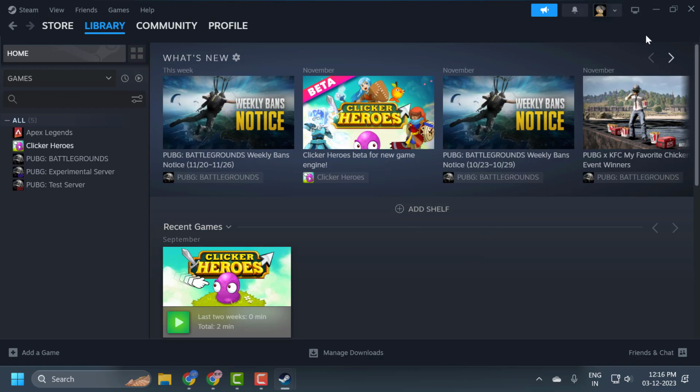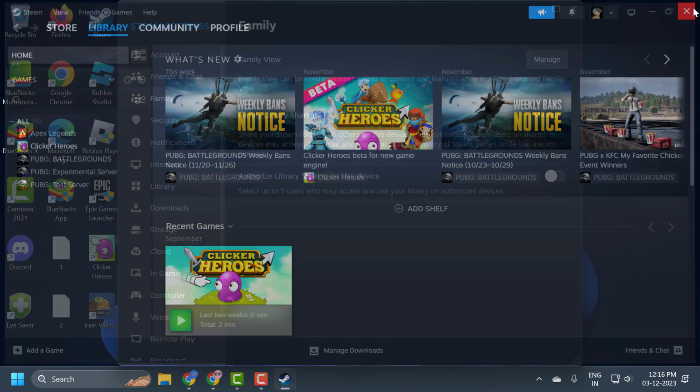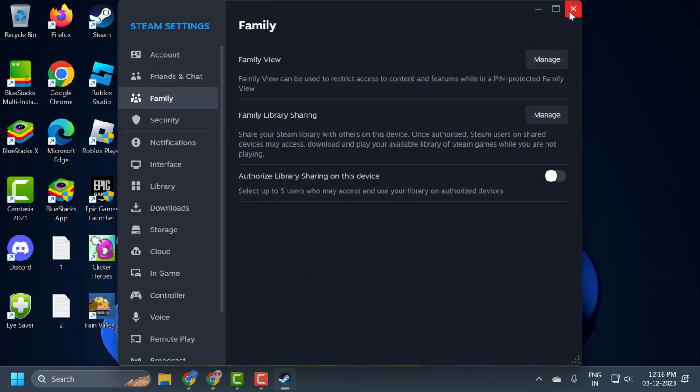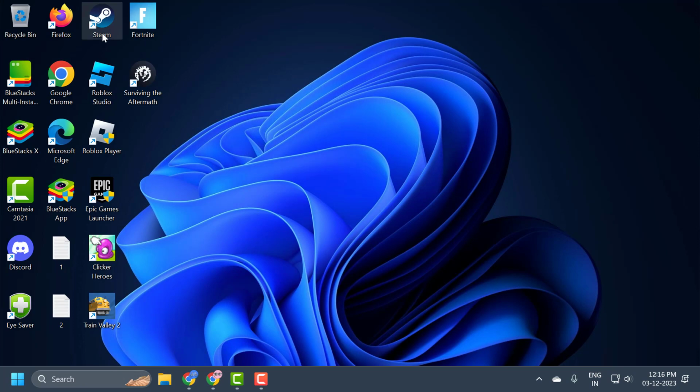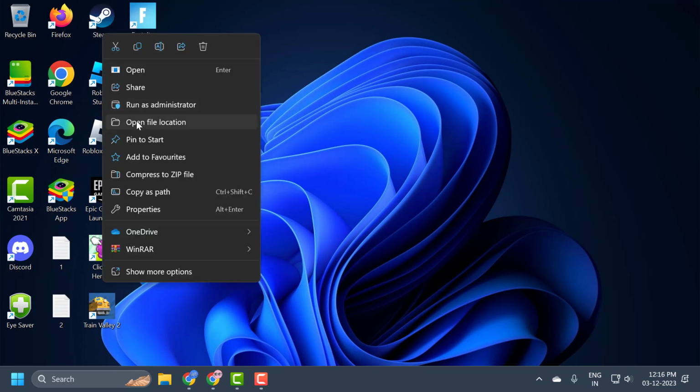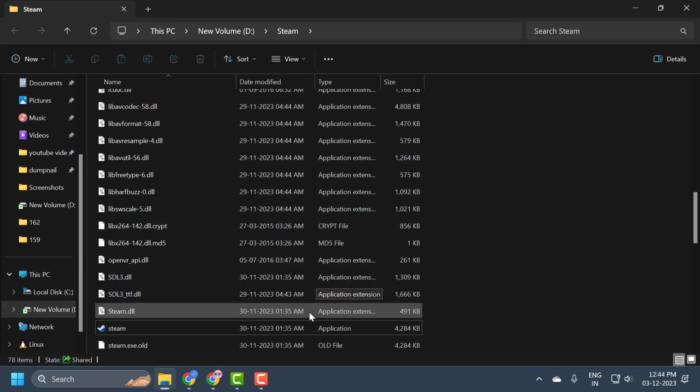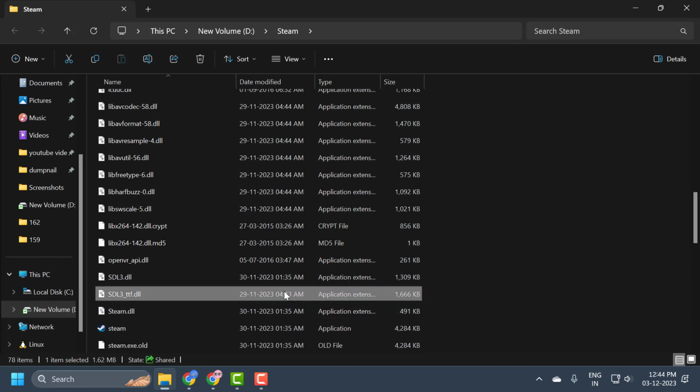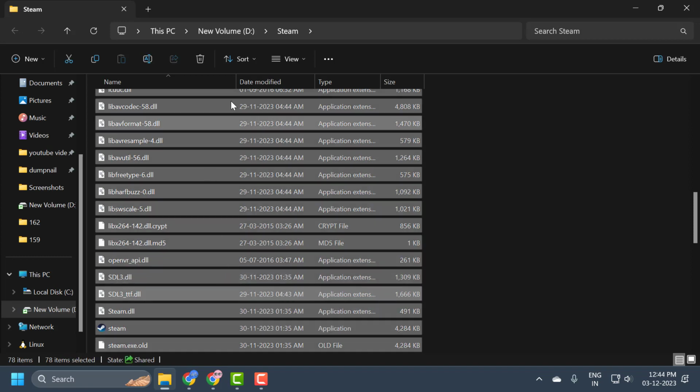To do this you just need to close off the Steam, and now you just need to right click on the Steam and select open file location. In here you just need to select one of these folders and press on keyboard Ctrl plus A to select all of these files. Now you just need to press Ctrl, and now you just need to uncheck